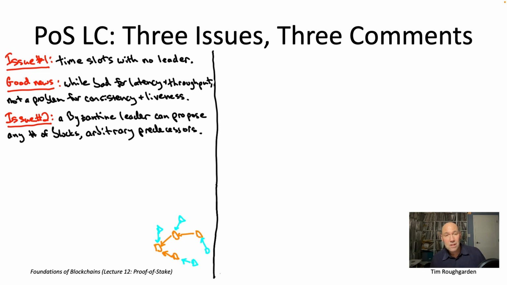But actually, if you remember the lessons we learned back in lecture number 8, when we talked about permissioned longest chain consensus, we actually were allowing Byzantine nodes to do exactly this. This was part of our model back in lecture number 8. And in particular, we proved that longest chain consensus remains consistent and live under the usual assumptions. So you need 51% honest participation, you need to be in the synchronous model, and so on. But under our usual assumptions for longest chain consensus, it remains consistent and live, even if Byzantine nodes can do